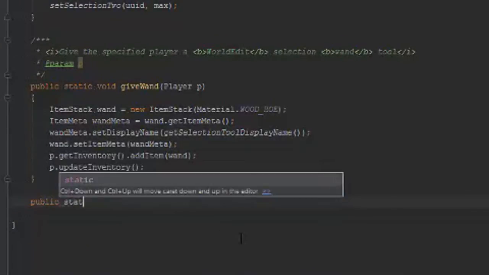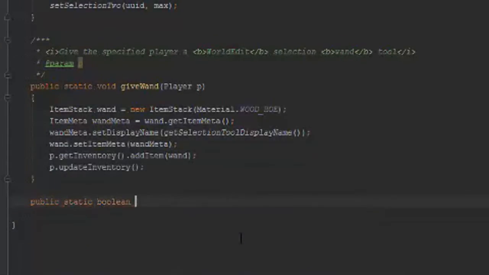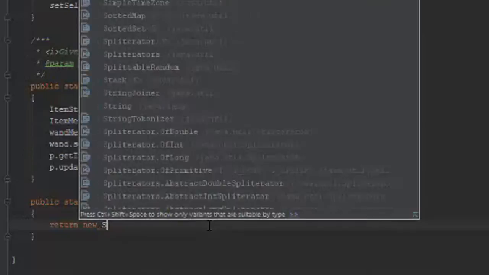For example, public static boolean does region exist. So this will go ahead and check if a region exists. This is used in our WorldEdit region class as well as other things for easy access. The way that this will be working is we check a list in our config to check if it exists. So I will return a new suite,